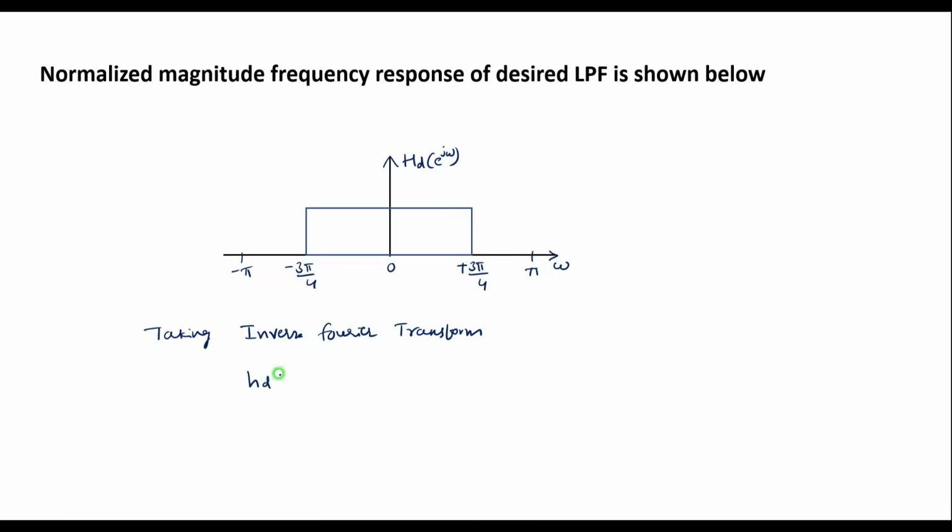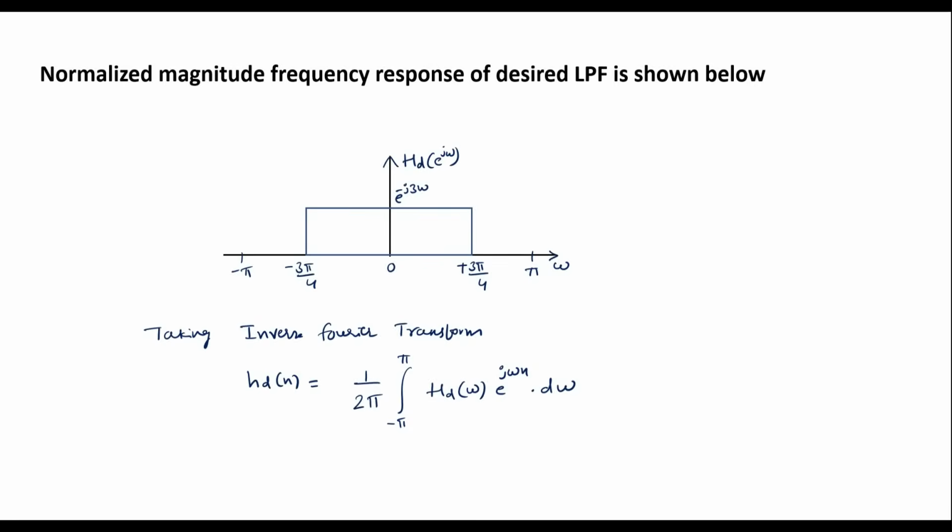I will write it as h_d(n) = 1/2π ∫ from -π to π of H_d(e^{jω}) e^{jωn} dω. H_d(ω) or H_d(e^{jω}), both are the same. Now let me substitute H_d(ω), its value is e^{-j3ω},